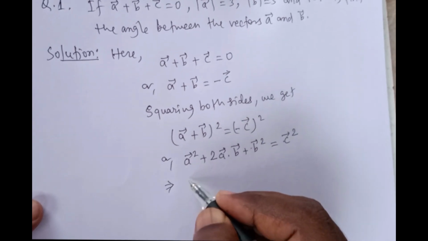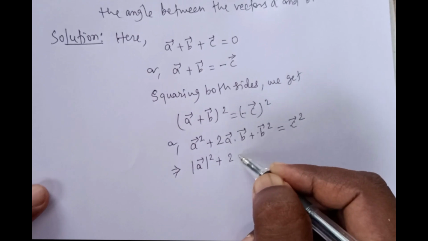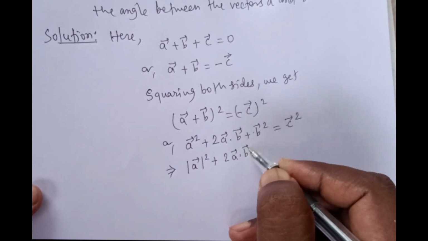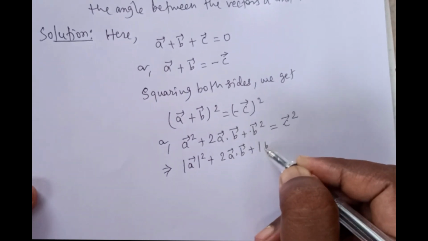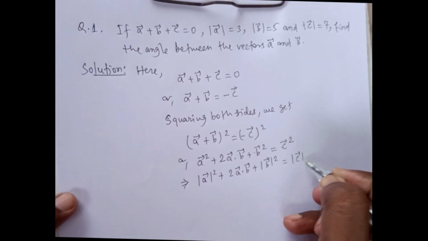So simply we can write vector A square plus 2 A vector dot B vector plus modulus of B vector square is equal to modulus of C vector square,